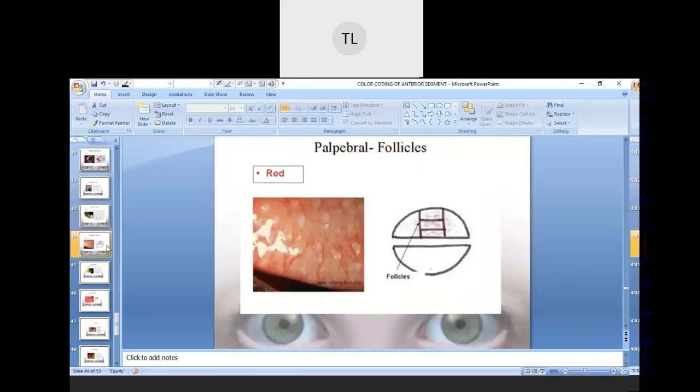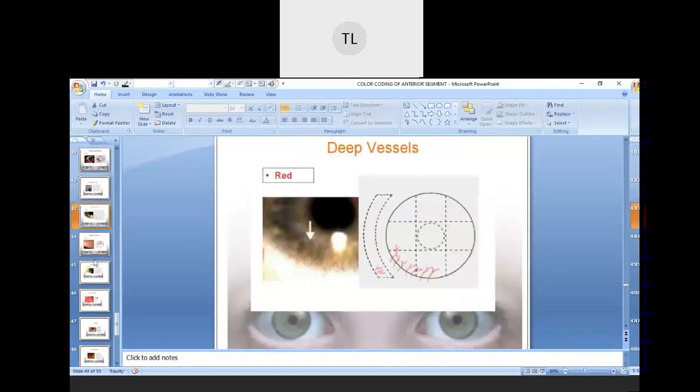Please remember the diagram very carefully. I might give you the diagram of either the slit lamp or the documentation. If I give you the diagram of the slit lamp, then I will ask you to draw the documentation diagram. And if I give you the documentation diagram, then you have to identify what sign this is. This way I can give you an exam.